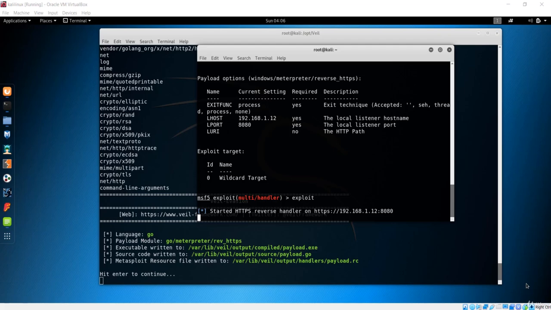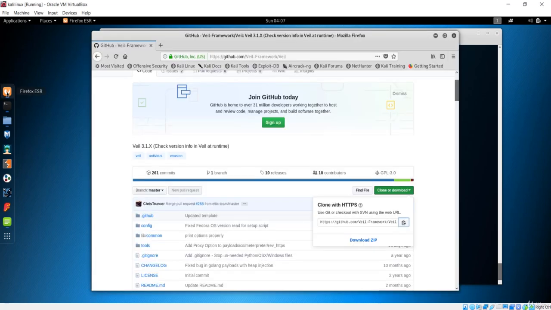So in this lecture we'll see how to make that payload run on the client computer and get a complete connection to the Kali machine, and we'll execute some commands. Before doing that, let me open Firefox and see how powerful our payload is at bypassing all of those antiviruses. So let's open this.